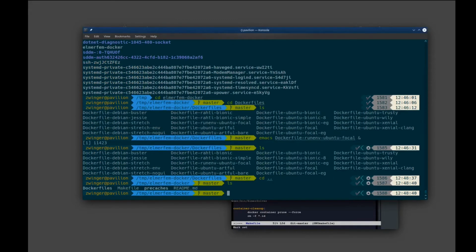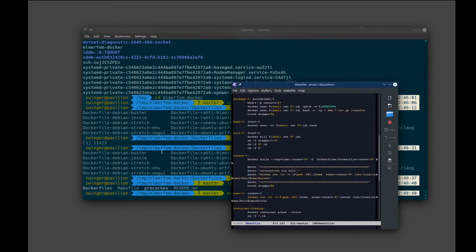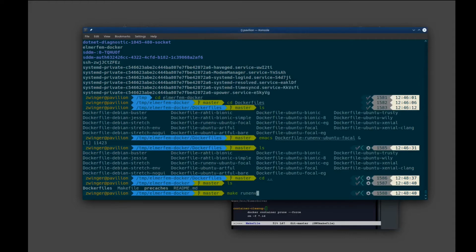So we have to go one level higher. Here's the makefile. We say make, and checking out here, runenv-ubuntu-focal. Be aware that Ubuntu Focal is the only one that at the moment has this defined. The advantage here, it's a really closed container, so you don't need any stuff from outside. You punch that in,